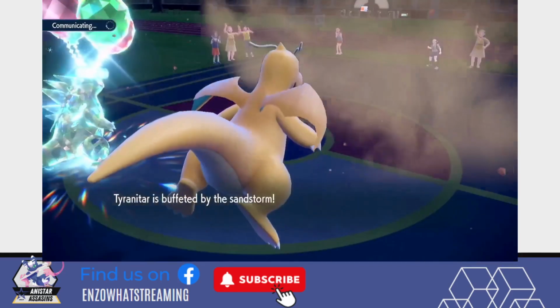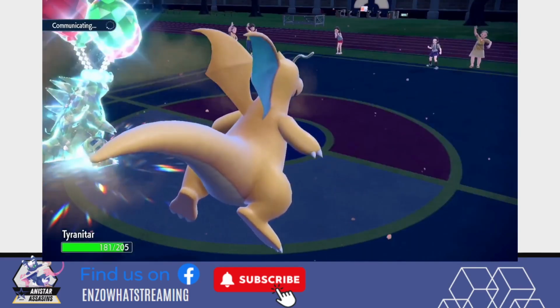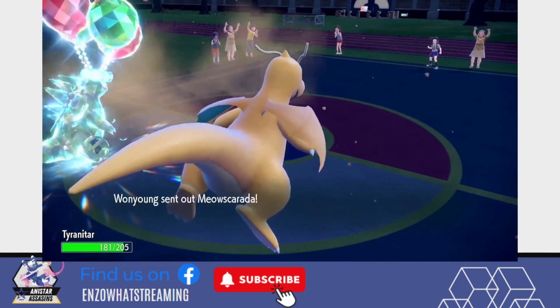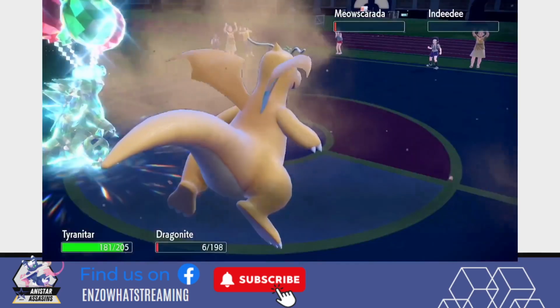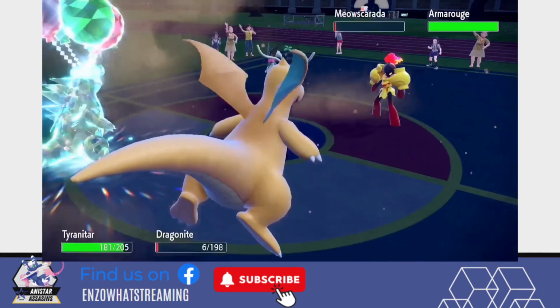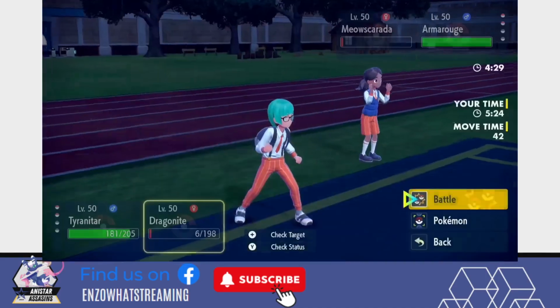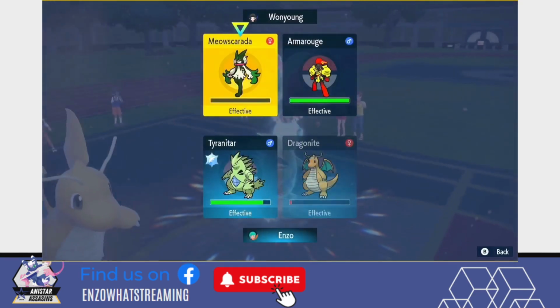Right, I was actually expecting Dragonite to go down in this turn, but good thing Sand is very merciful. Still have 6 HP left. Right, Meowscarada joining in the fray, and Armarouge. Okay, so I was thinking if I should just go for a Rock Slide and an Extreme Speed into Meowscarada